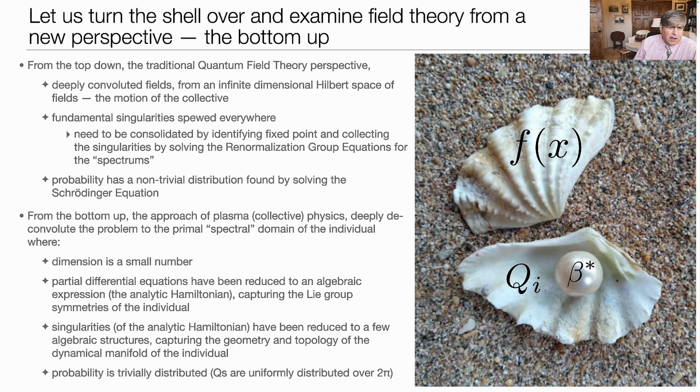And so it's not from the top down, the traditional quantum field theory perspective, where you're dealing with deeply convoluted fields that are coming from an infinite dimensional Hilbert space of fields, and you're dealing with the motion of the collective of 10 to the 23 plus particles, right? Or individuals, or systems, or automata. The fundamental singularities, where each one of these individuals may be governed by a literally handful of